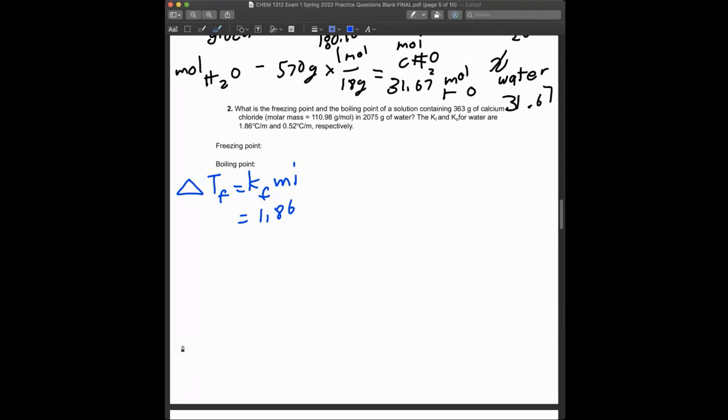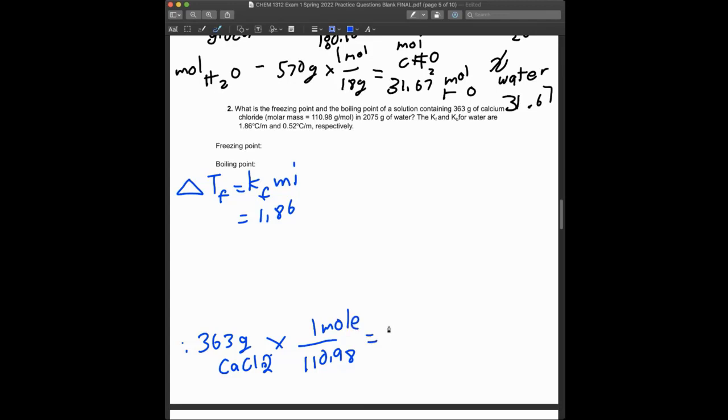Molality is going to be moles of solute over kilograms of solvent. So let's find the moles of solute first. We know that our calcium chloride is, I'm going to write that smaller. Okay, like that. Grams of CaCl2, divided by the molar mass, which is that, over 1 mole,